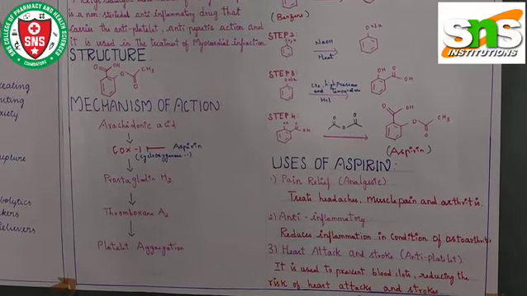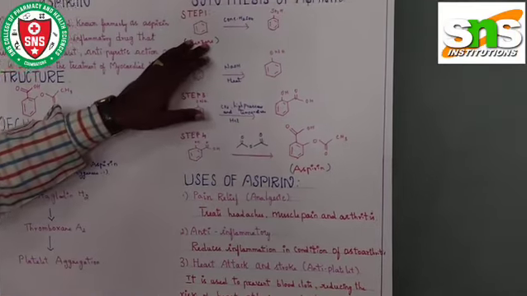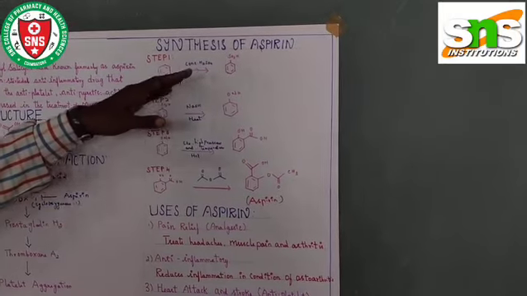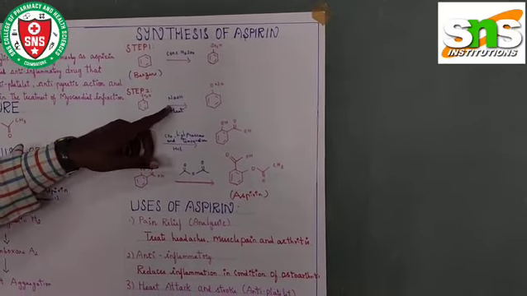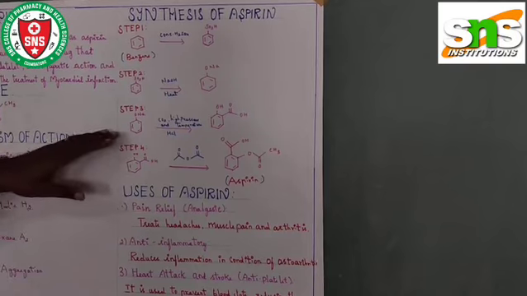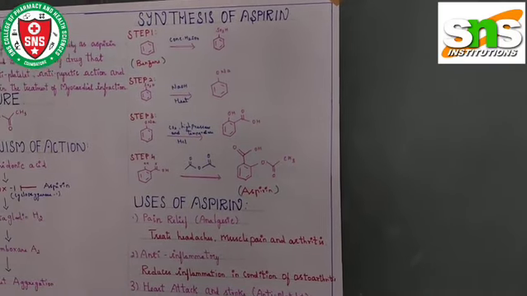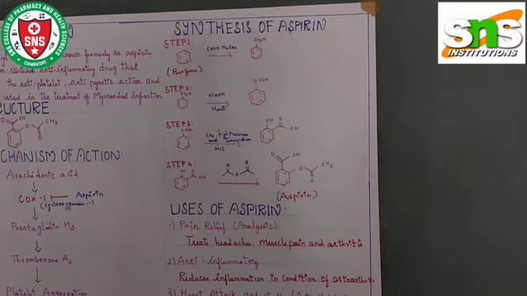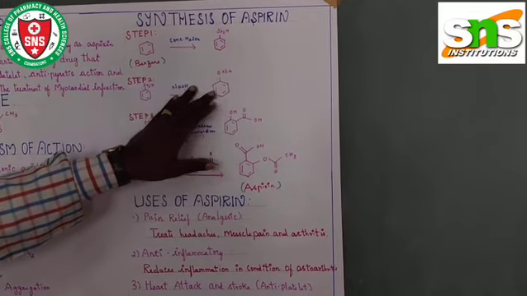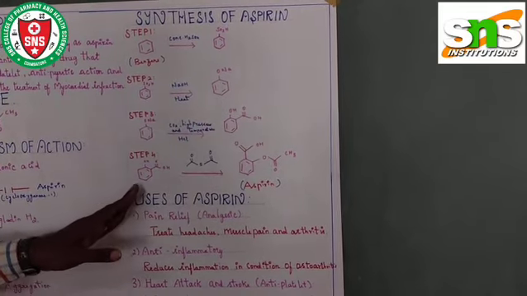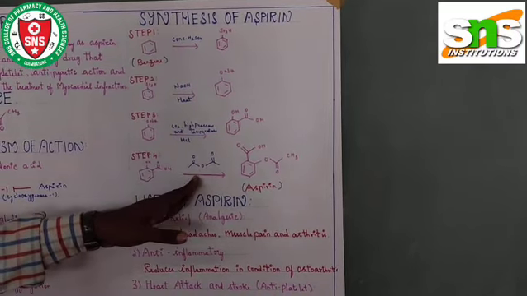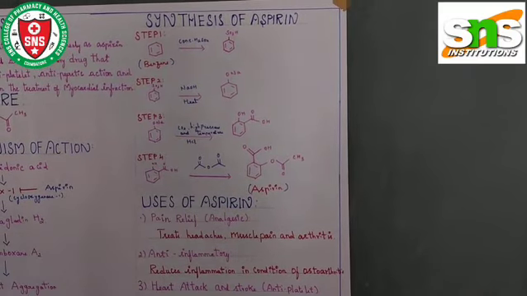How will you synthesize aspirin? The first step is we take benzene, and by sulfonation it is converted into benzene sulfonic acid, followed by treatment with sodium hydroxide. So sodium phenoxide will be formed. This sodium phenoxide, under treatment with carbon dioxide, high pressure, temperature and hydrochloric acid, is converted into salicylic acid, with OH and COOH formed. This is followed by acetic anhydride. Salicylic acid on treatment with acetic anhydride gives the compound aspirin.